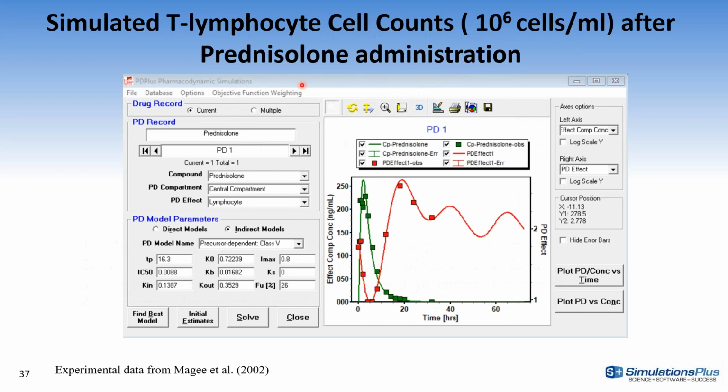And this is an example of prednisolone effect on the T lymphocyte cell counts, showing the initial inhibition followed by a rebound, so the concentration actually goes up as the drug is being removed from the system. And again, you can account for the circadian rhythm in these precursor synthesis rates. So all of these are included.